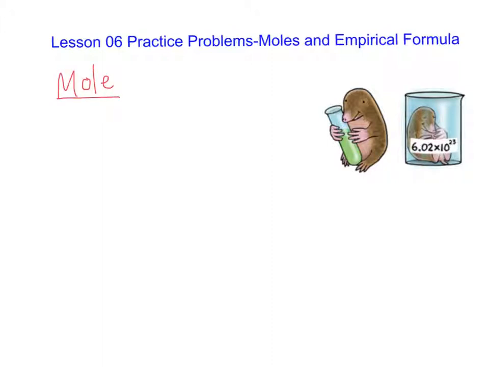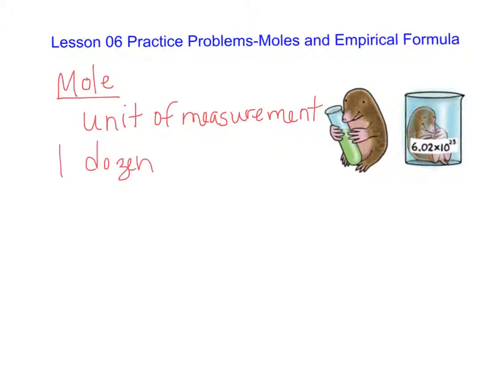All a mole is, is simply a unit of measurement. The best analogy I can think of is that 1 dozen is 12 of something. So if you have a dozen donuts, my favorite dozen of anything, then you have 12 donuts. If you have a dozen eggs, you have 12 eggs. So a mole is like a dozen, but 1 mole